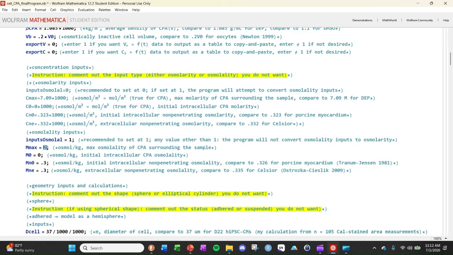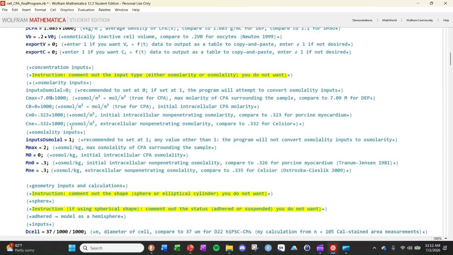So this would be the osmolality of the CPA in the CPA concentration, or in the CPA solution, and here would be the osmolality of the carrier component of the CPA solution, which is of course analogous to the osmolarity